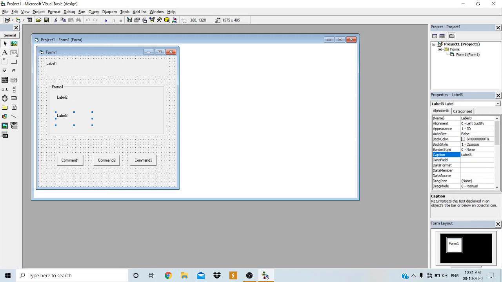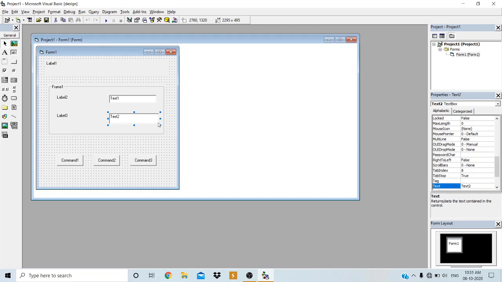Then insert two text boxes, click and drag on the frame, the first text box to read the username, then insert another text box to read the password from the user. Now the design part is over.